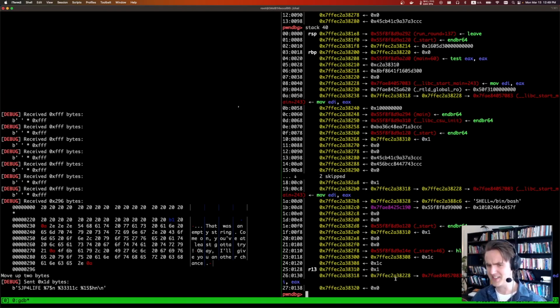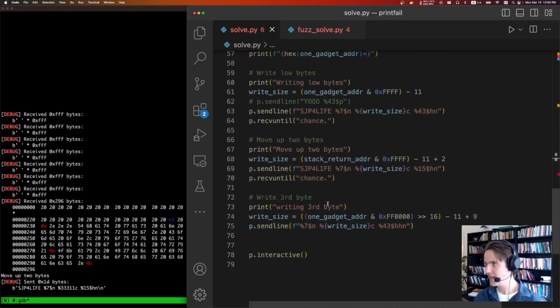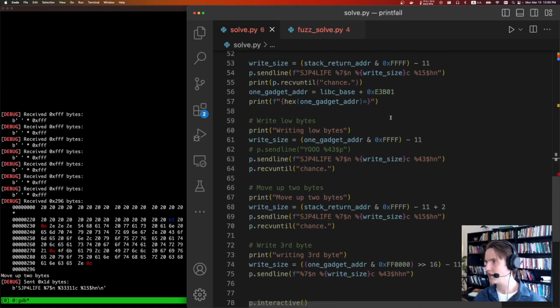So hopefully that made sense. These things get tricky. I think it's best just to sit down and do it yourself. But so now we have a variable that is pointing to this address. So now we can use this as our %n, which we can't see. It's going to be up there. But let me just go back here. Now we can use that as our %n, where we will